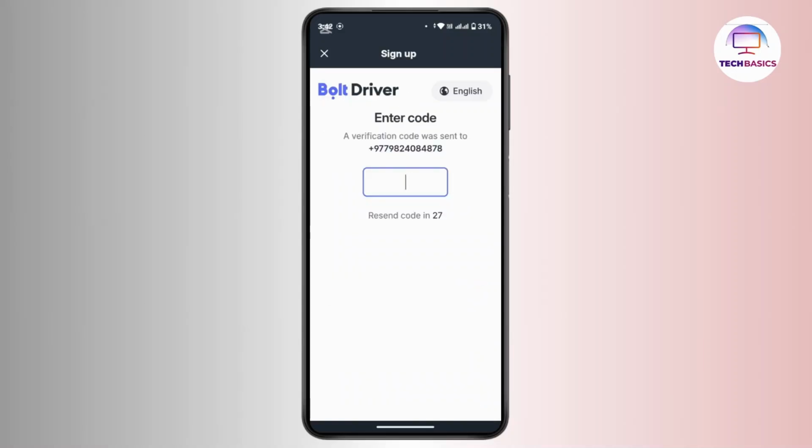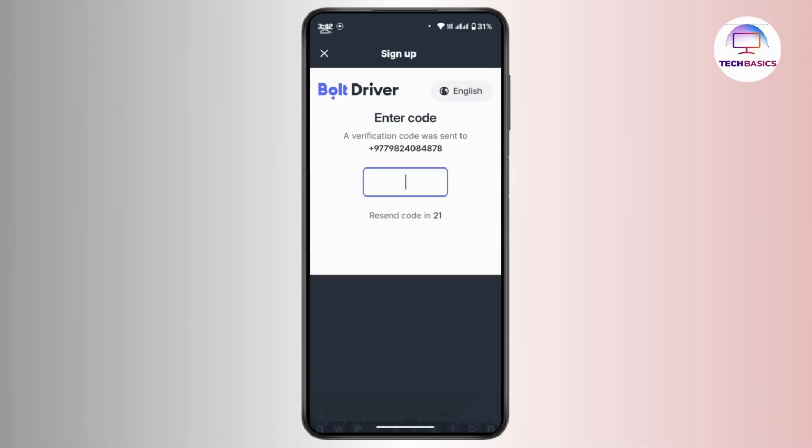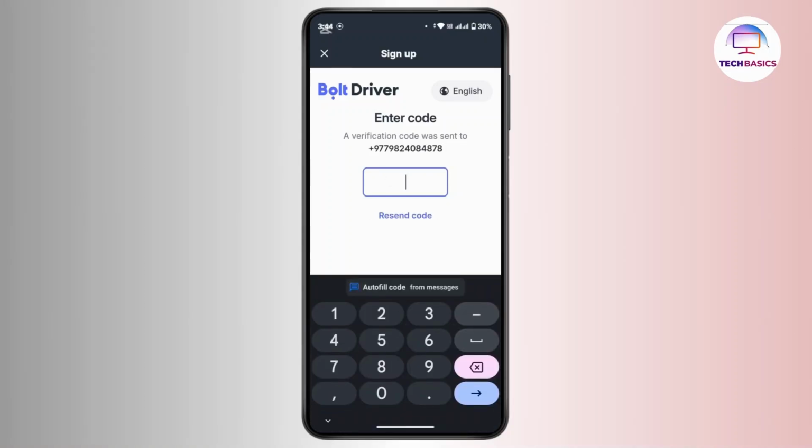After that, a verification code will be sent to your mobile number. So make sure to check in and type in the correct code right here. After you are verified, you will be taken into next phase where you have to enter all your personal information. That is your first name, last name, your language,